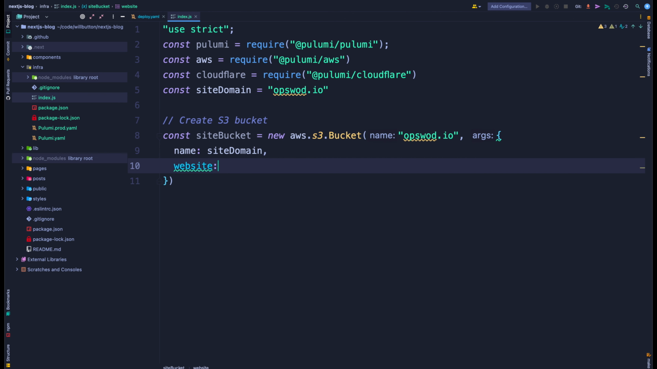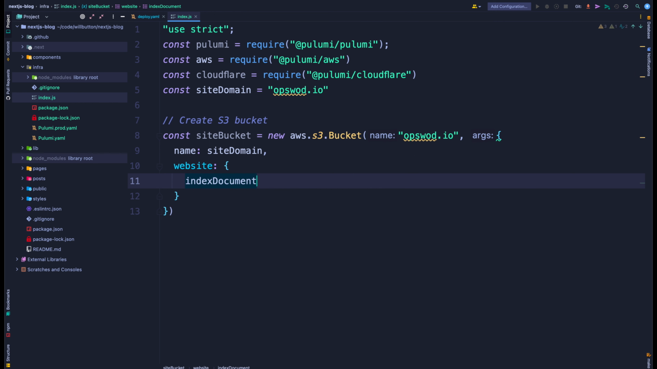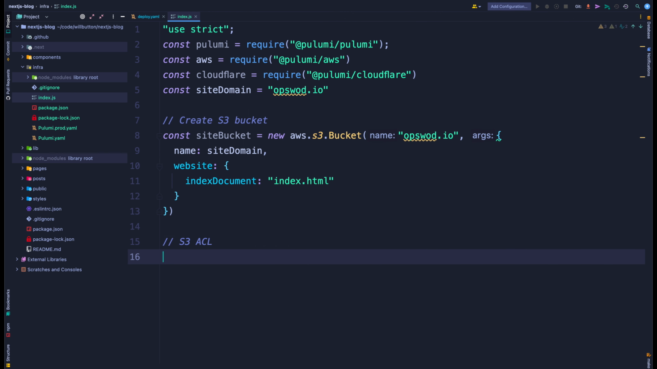And then we're going to configure this bucket as a website. So we'll do that and give it an index document of index.html. We also need our ACL for our bucket. So we'll do const bucket ACL. It's going to be a new